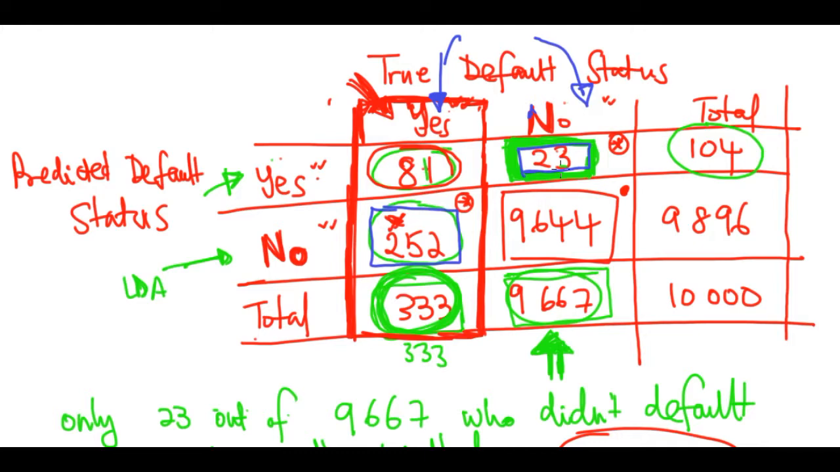How's that going to affect our company? It's not going to, because these 23, in real life, they didn't default, they gave us our money. So these 23 are not harmful to us. But misclassifying these 252 is very harmful, because we predicted them to be non-defaulters and we happily gave them the money. But then when reality hit,